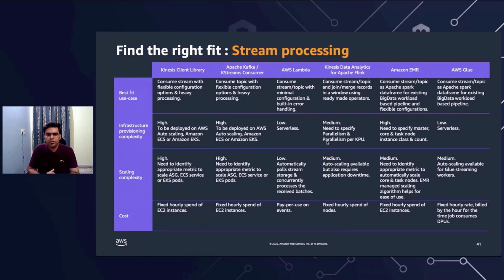It's serverless, so all the hassles of provisioning and choosing the right instance from the initial go is taken care of. But then auto scaling of Glue streaming workers is possible, and it chooses a particular metric to scale the workers accordingly. So considering all of that, for use cases wherein you need configuration flexibility of your consumption,